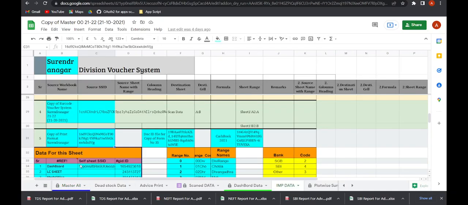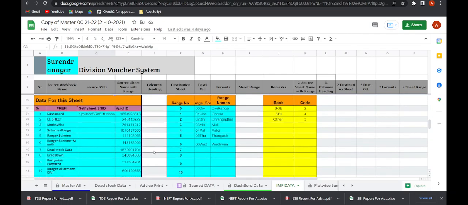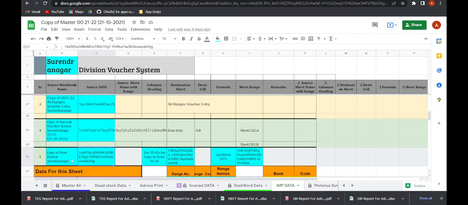And in this IMP data sheet, you can see that here is the print format for Surendranagar. So here you can see this is the print format file for the Excel file. This is actually the ID stored here. And similarly for the doc file, the ID is stored here. For the different cashbook, the ID is stored here. So similarly these IDs are here, but suppose somehow accidentally some user has deleted this file, then it should